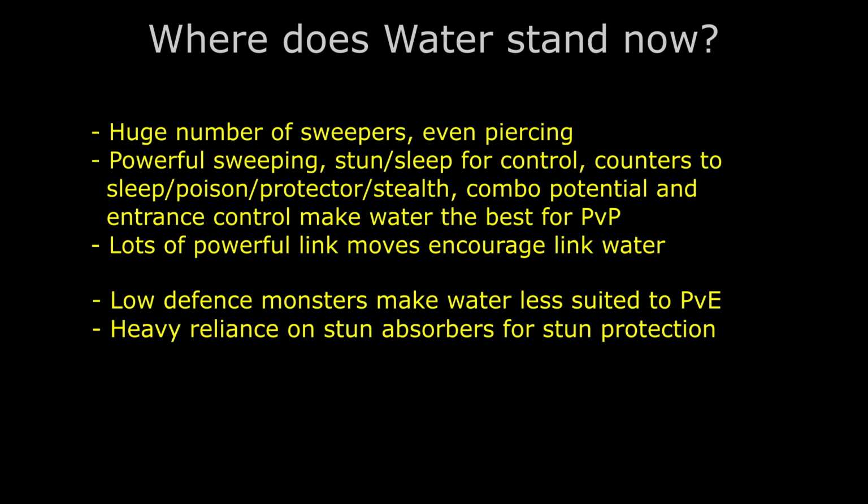So what I think it's lacking is that it doesn't have many defensive monsters. It's a more aggressive element, and also because those monsters have piercing and stuff, piercing doesn't work so well in PvE where enemies are buffed because suddenly it doesn't do enough damage, or just other things. It doesn't really have enough for PvE there, and it doesn't have strong stun protection, which is ironic because